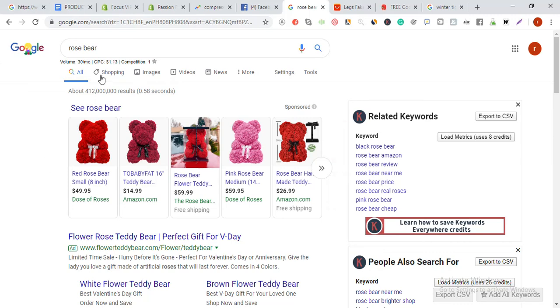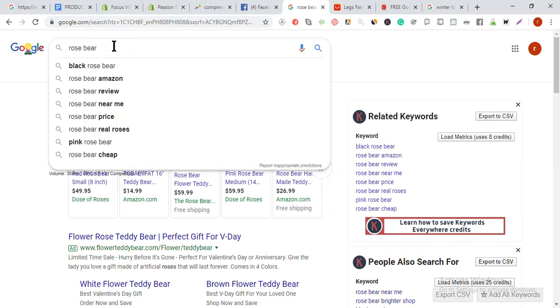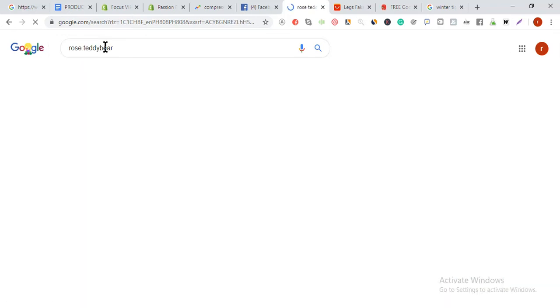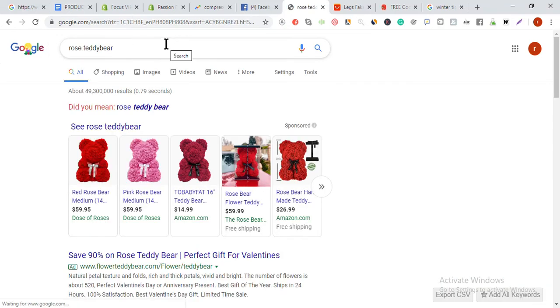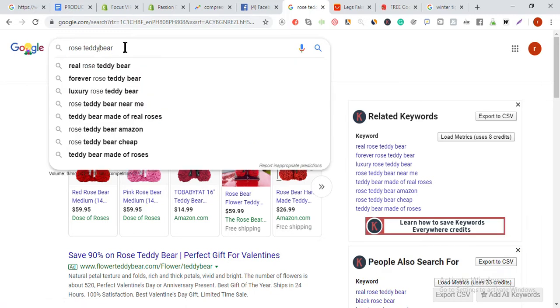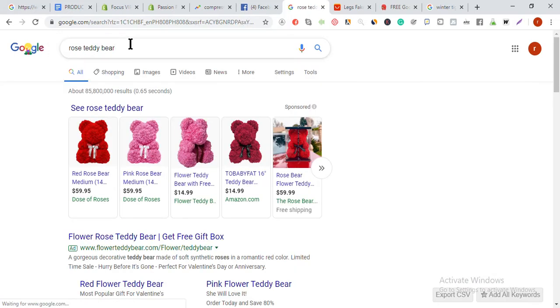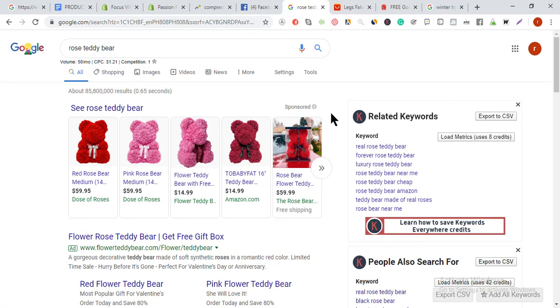But you know what? People are really buying this rose teddy bear. Let's see. Ooh, it's still low. I don't know why. But anyway,